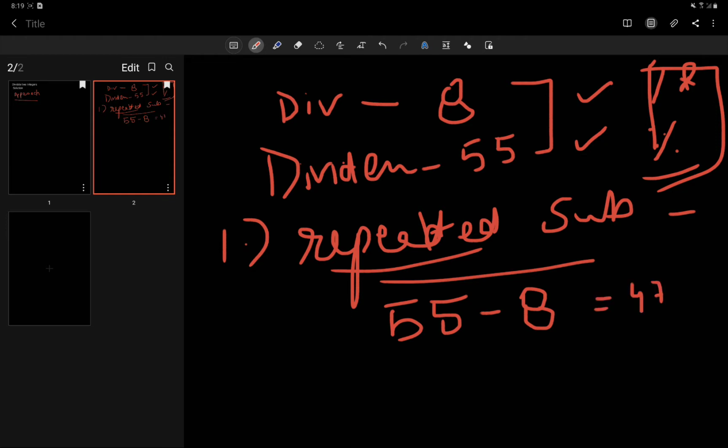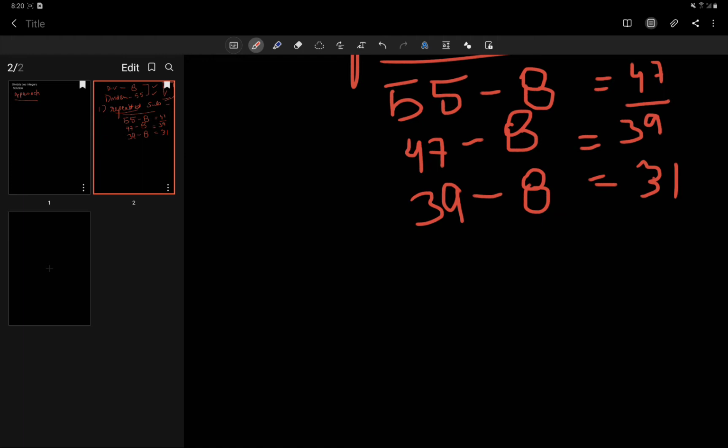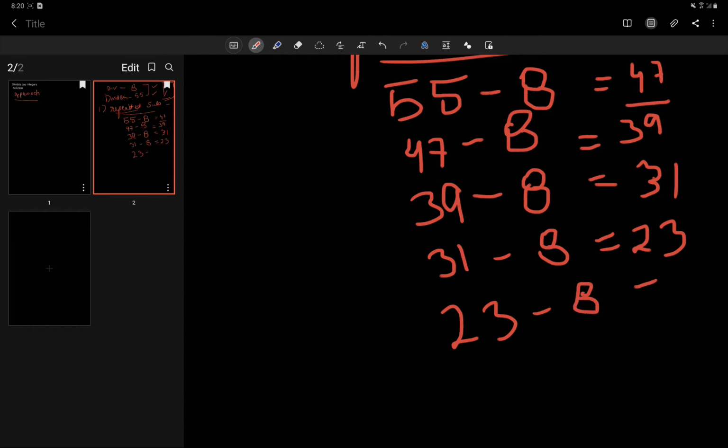So 55 minus 8 is 47. 47 minus 8 is 39. 39 minus 8 is 31. 31 minus 8 is 23. 23 minus 8 is 15, and 15 minus 8 is 7.